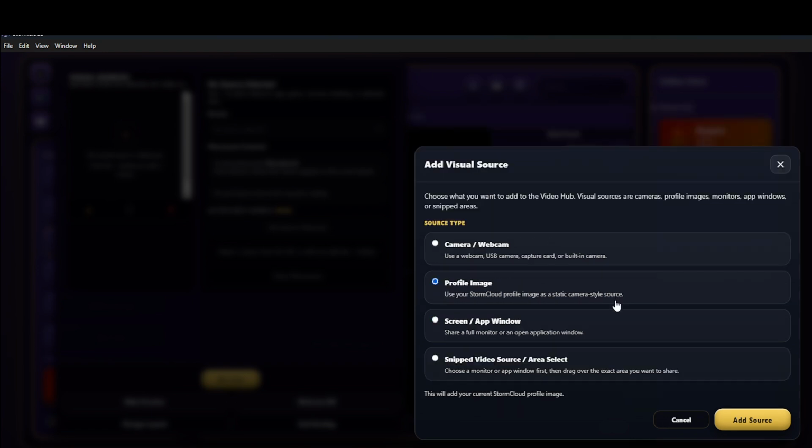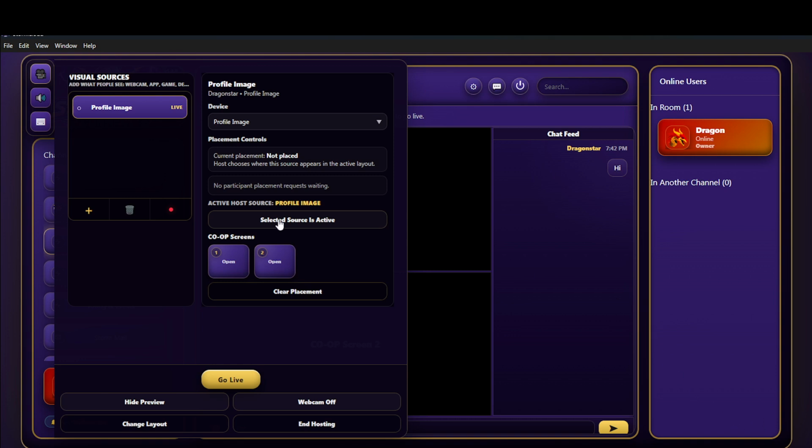So for this purpose, I'm going to go to Profile Image, and I'm at a source. If I don't want anybody to see my face, I'll use that. And then you're still not set up yet. Not quite. So what you're going to do next